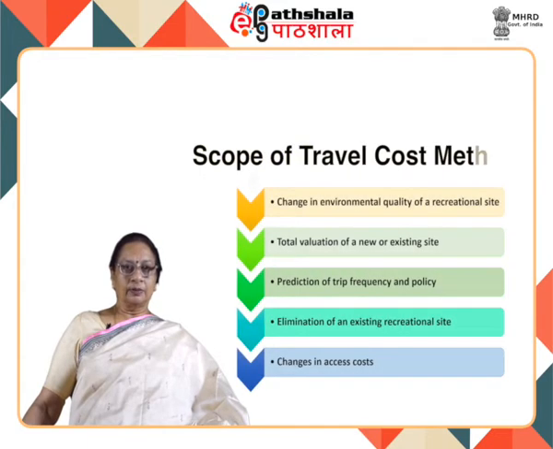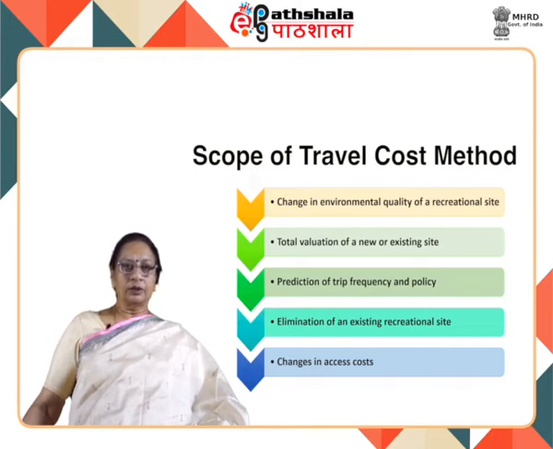The scope of the method depends on its application for estimating economic benefits or costs resulting from change in environmental quality of a recreational site as is perceived by the on-site users.